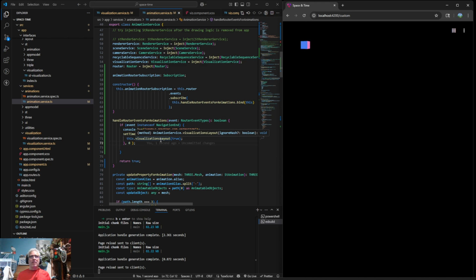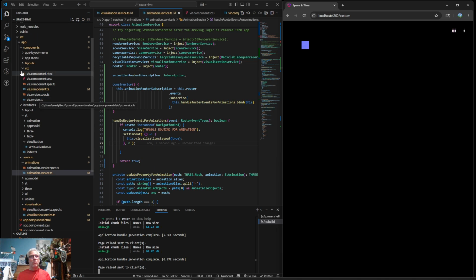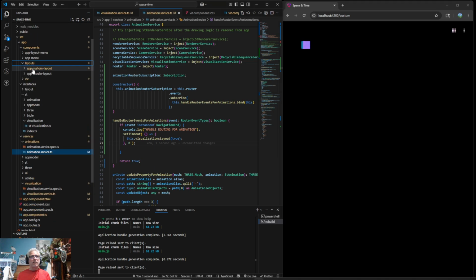I do think maybe we want to call the redraw. Maybe there's an event in the actual visualization. Each one of these visualizations is its own component, and then the whole custom visualization thing is a component. And maybe there's a way to determine when the whole visualization, this app custom layout, is done building all the components inside of it.